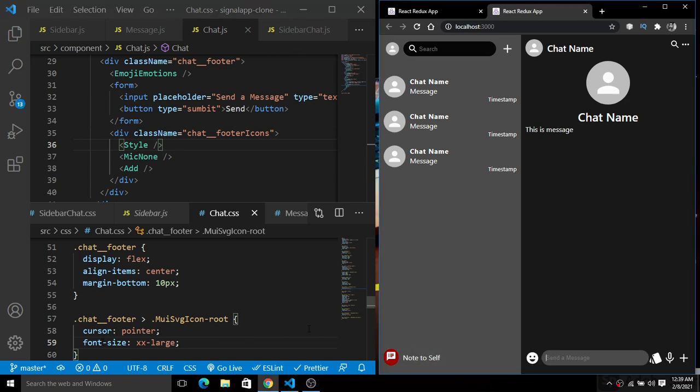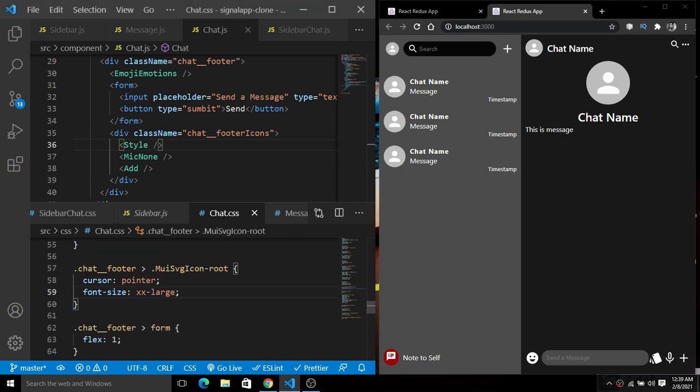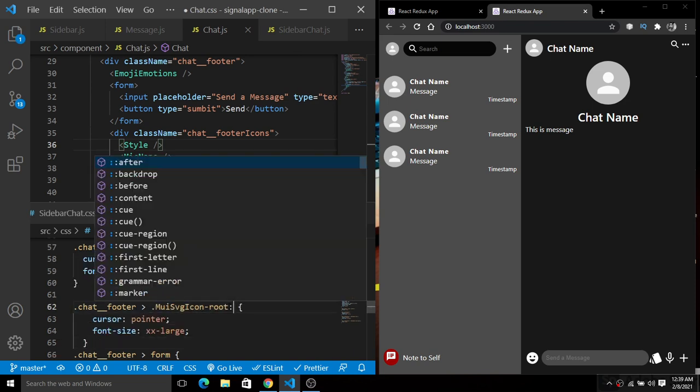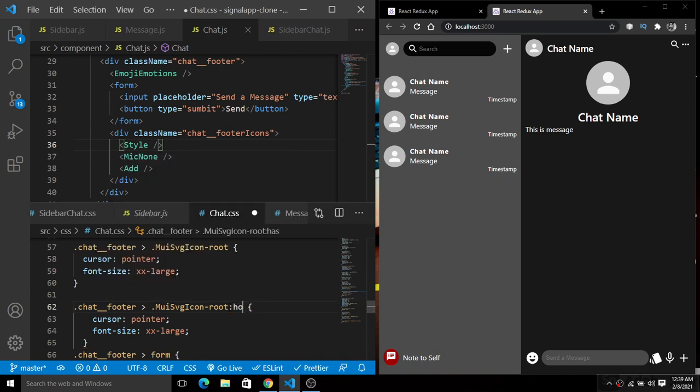Next and the last thing, we have to simply add the hover effect here. So simply grab this and paste it down here, and here inside of this root, put hover. So when we have this hover effect, we'll simply change the color to yellow. Now save this. You will see the color is changed to yellow for this icon. So we are done with this thing, and the only thing that is remaining is styling the message.css.